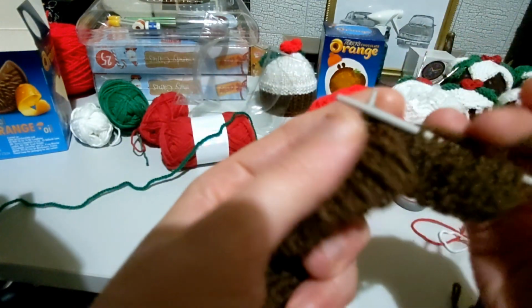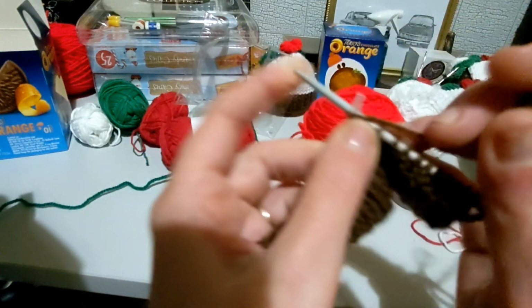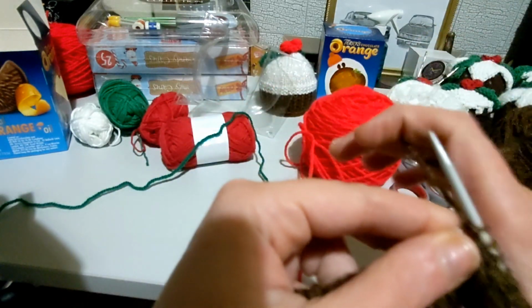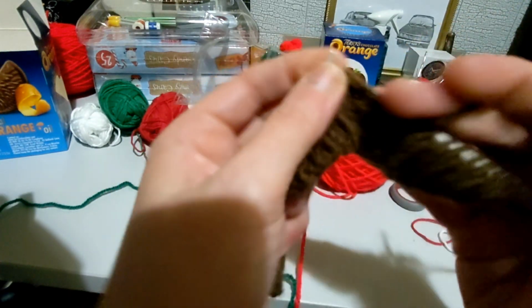But yeah, you will do this till the end of your Christmas pudding base. You will want 12 lines, just like the 12